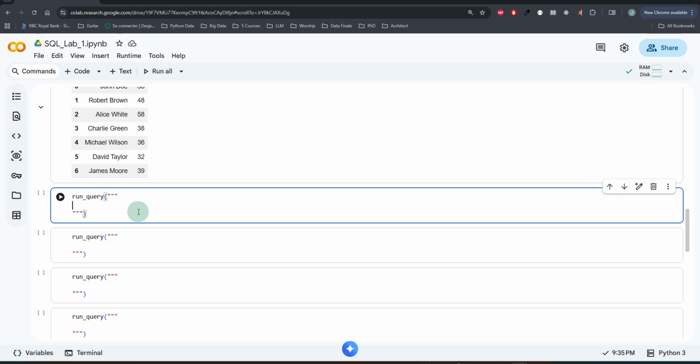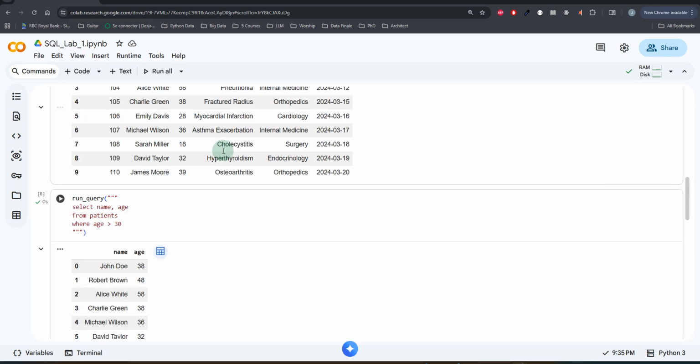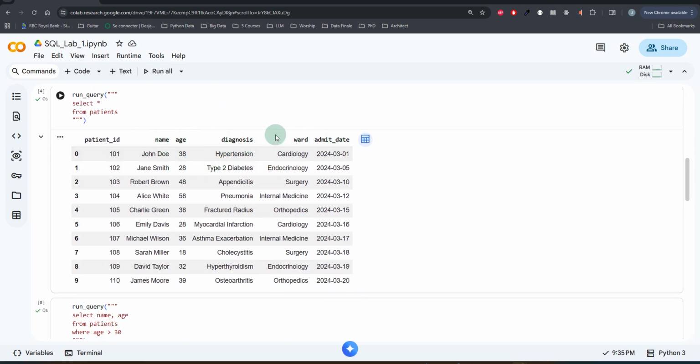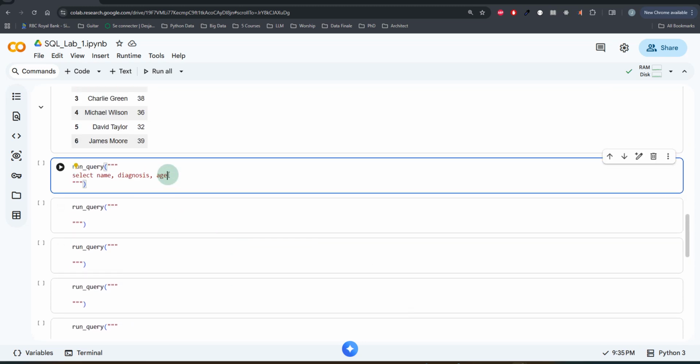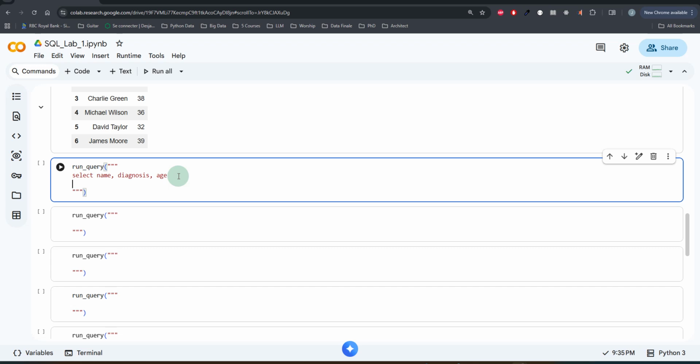Now, what if we are interested in looking at the name, the diagnosis, and we are looking for patients which have certain matricule, certain IDs? So I'll go still with select. We want to see the name. We want to see the diagnosis. And maybe the age. Now, you must write it exactly as it is in the original table. Okay, so we have the name, age, diagnosis in any order, but you must make sure you write it exactly the same. From the database patients,